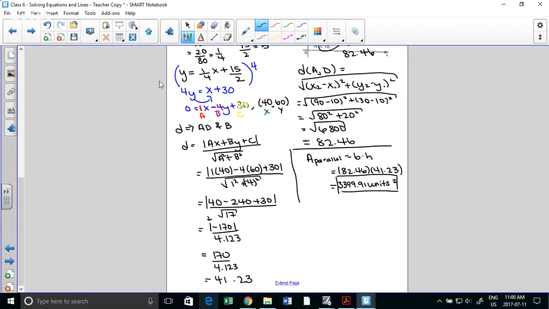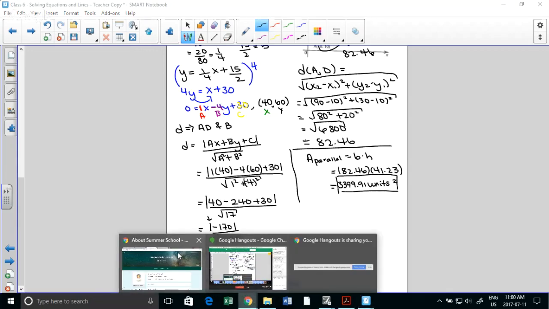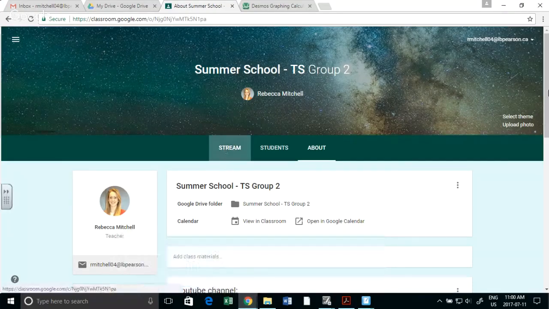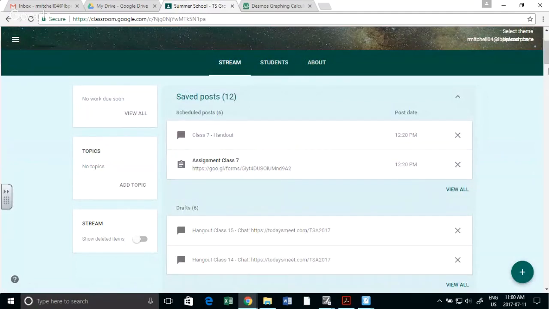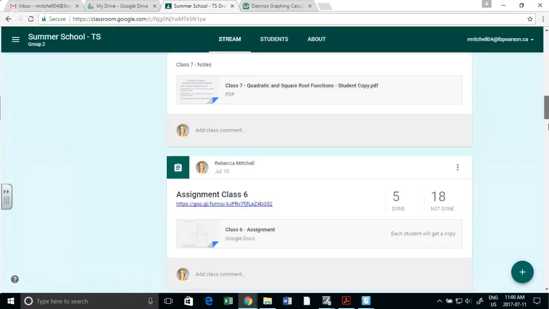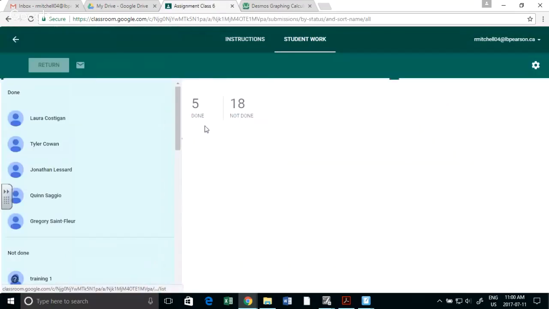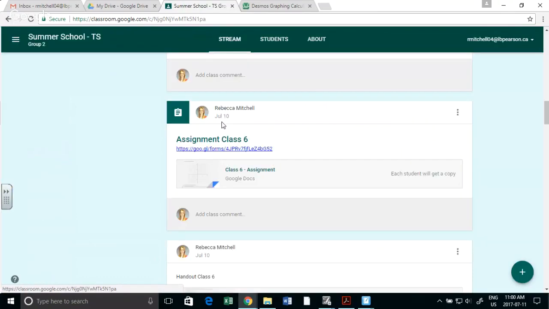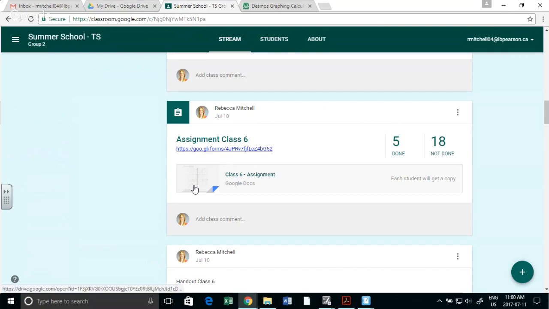So this actually brings me, like I said, to answering the 2 questions that were asked. Can I change the screen? Are we all done copying? Okay. So this actually brings me to the 2 questions. So just to refresh my memory here, assignment number 2 and number 3 on the forms. Okay. I'll just go here. The docs and the forms.